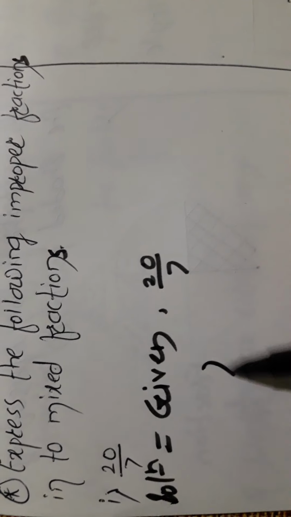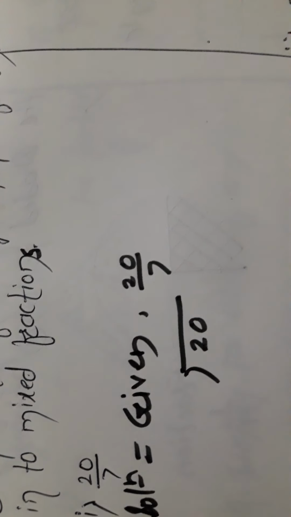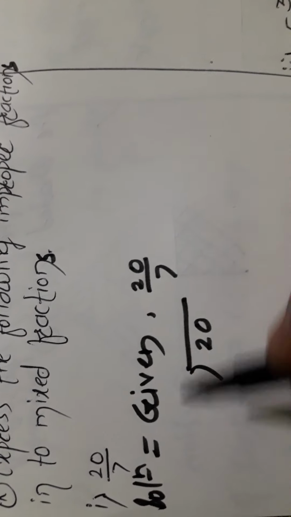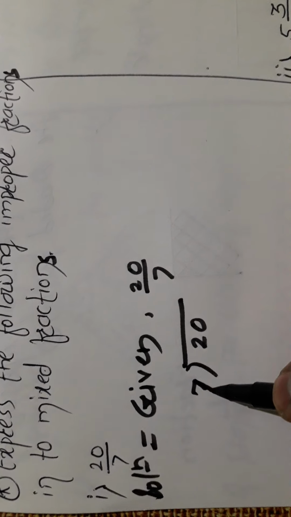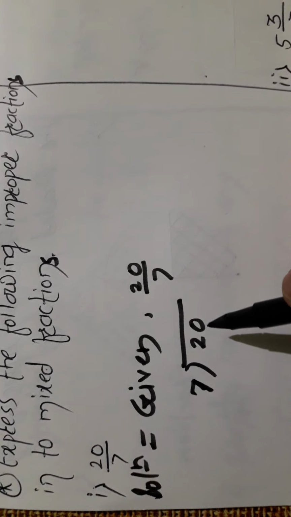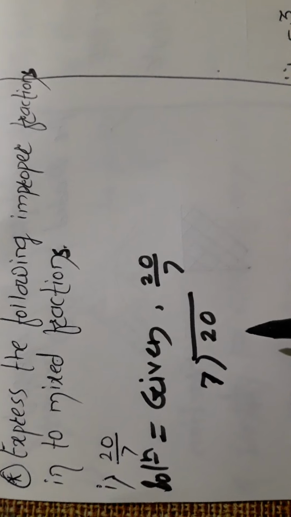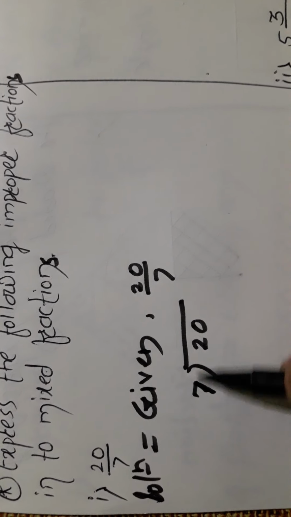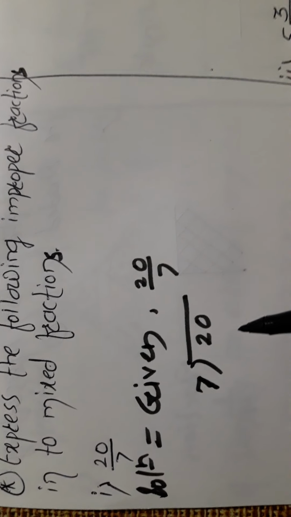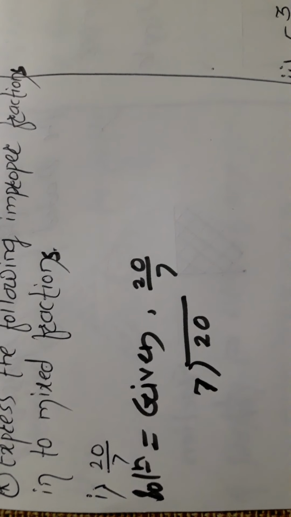Then what will we do? Look here. We take 20. As I told you last time, 20 is known as the dividend, and 7 is known as the divisor. In the last video I showed those points; they are generally called the dividend and divisor, and we know them well. Now look here. We are going to divide this 20 by this 7. This 7 is known as the divisor.